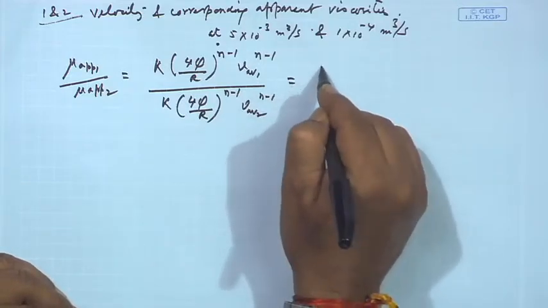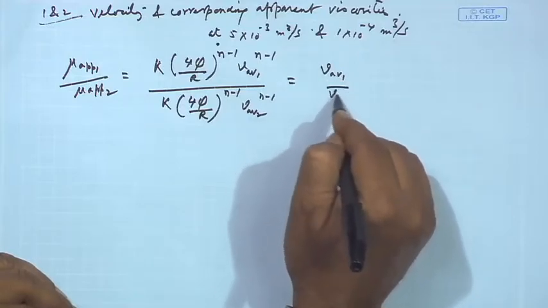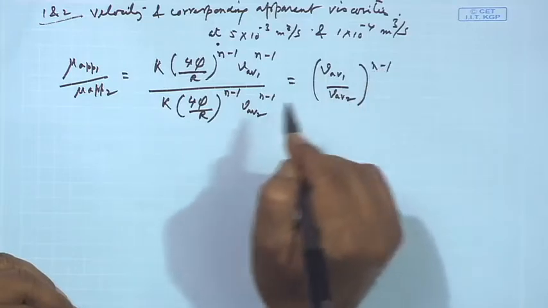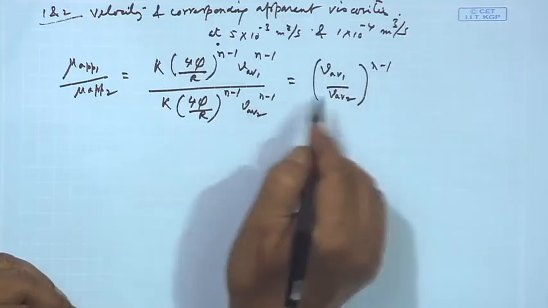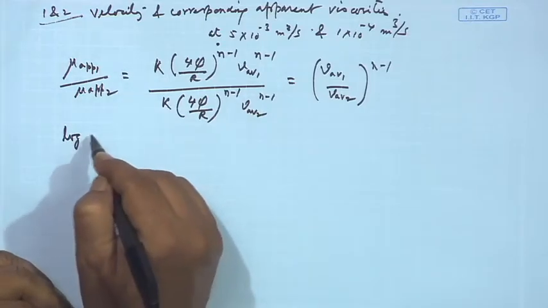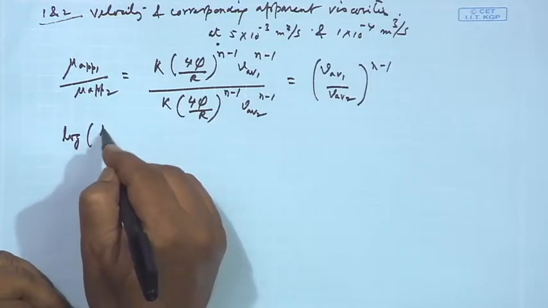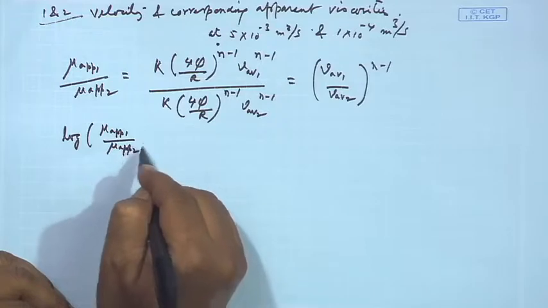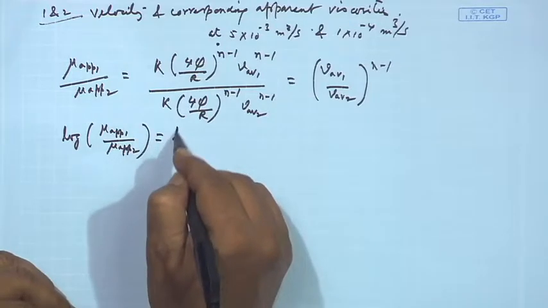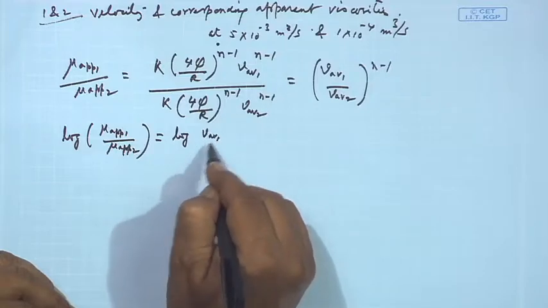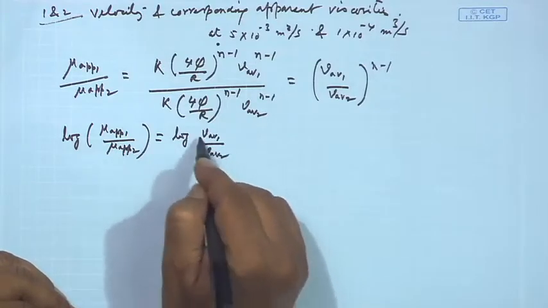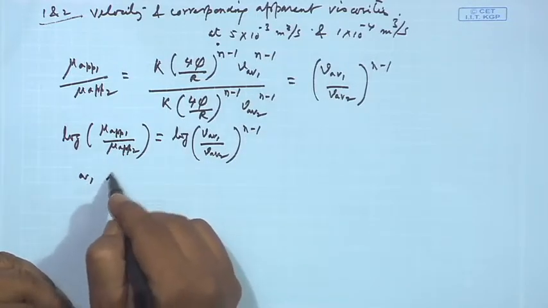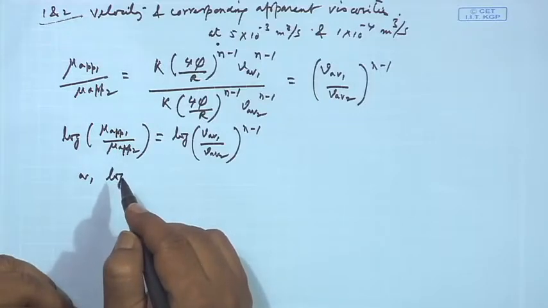So this is nothing but (V average 1 by V average 2) to the power n minus 1, right. If we take log on both sides, we can say log of mu apparent 1 over mu apparent 2 is equal to (n minus 1) log of V average 1 over V average 2, or we can substitute the values,